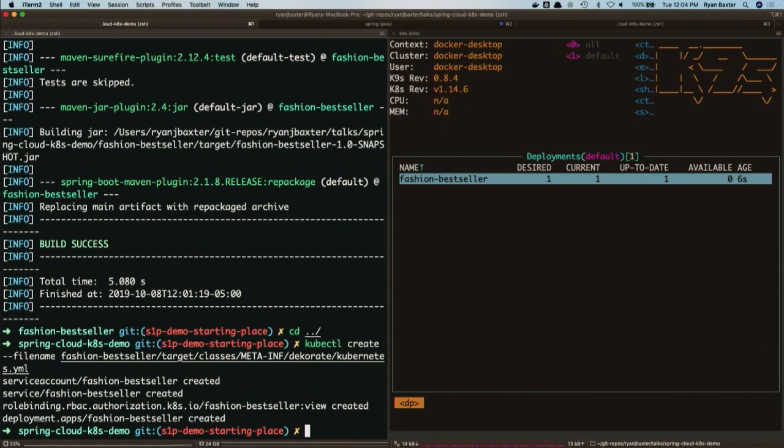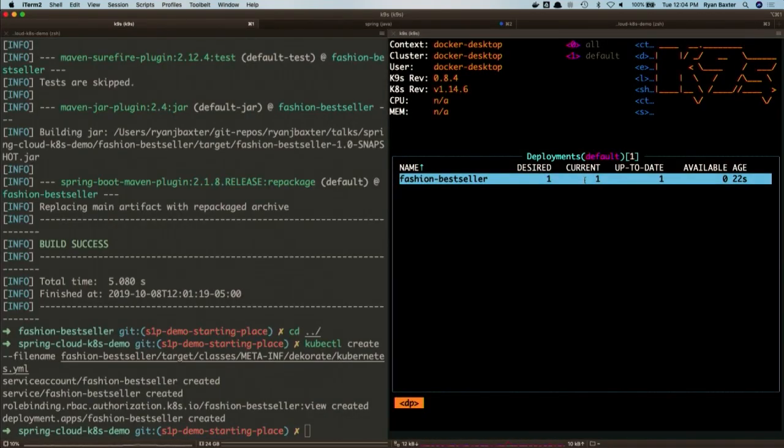I had mentioned earlier that I already did all that stuff. Built the Docker image, created all that stuff ahead of time, just so we're not doing that live. Just regular stuff, nothing fancy. It's just plain old building Docker, right? Okay, so we can see that we got our deployment here for the fashion service. The pod will hopefully come up fairly quickly for that deployment.